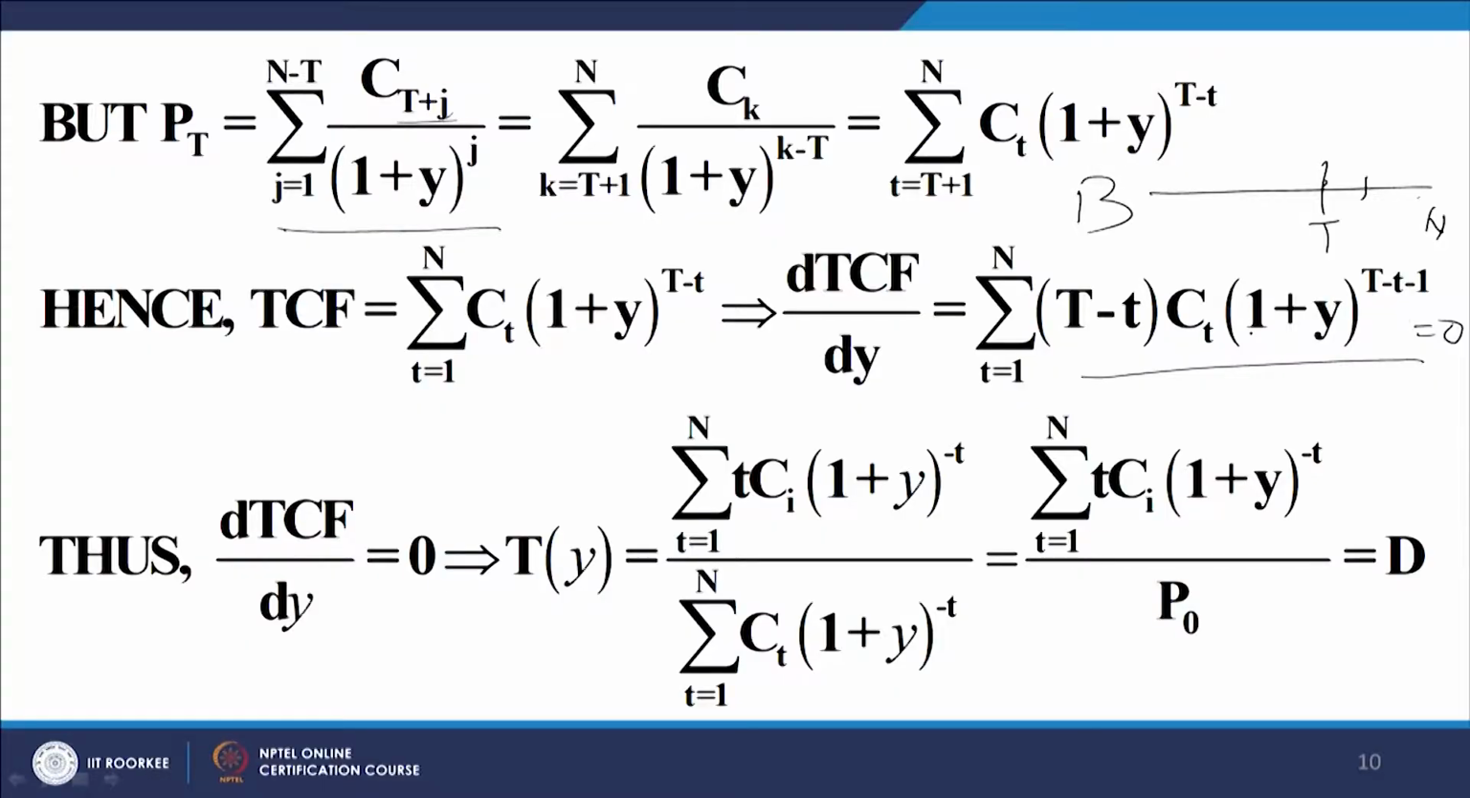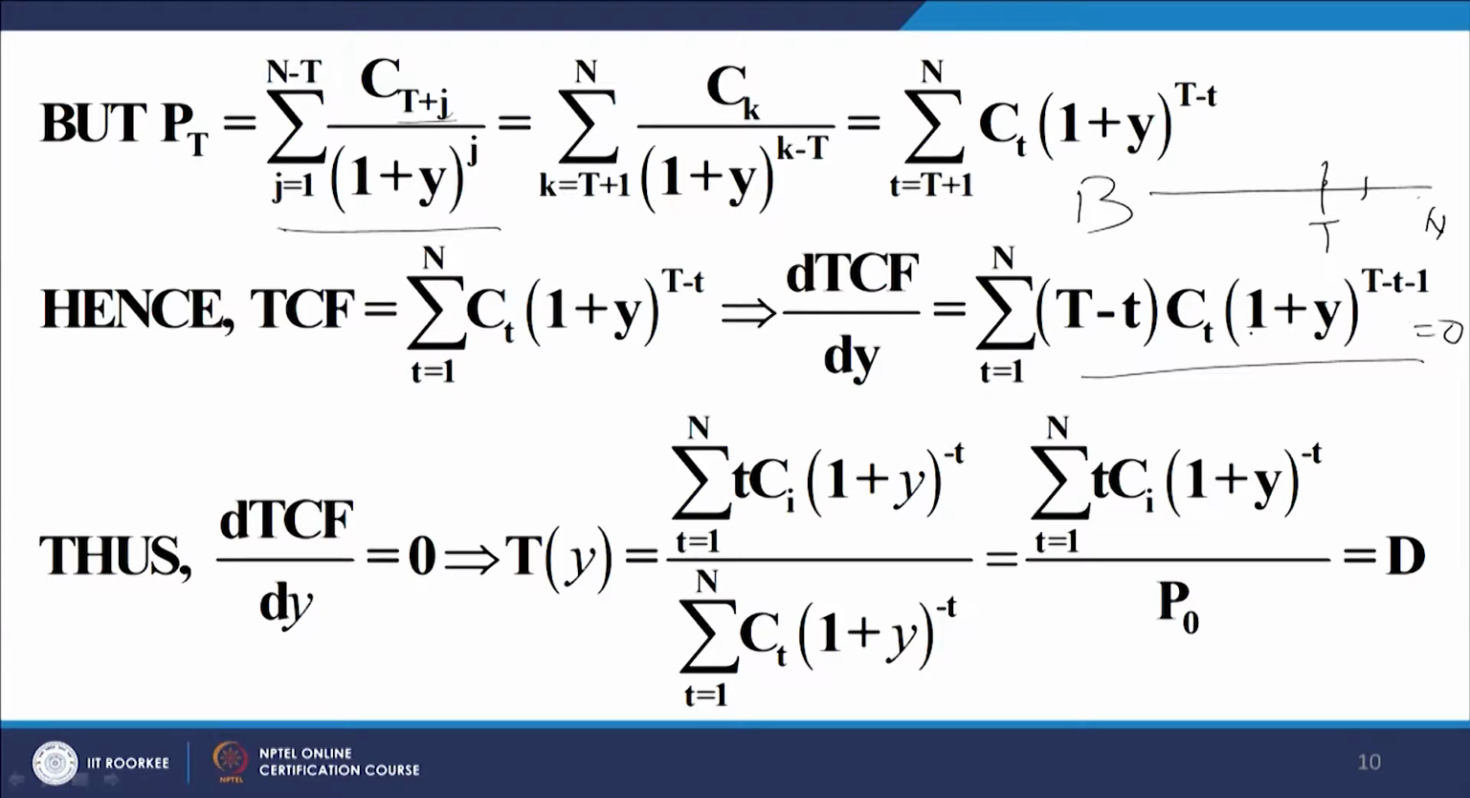Now, let us take the derivative of this with respect to y. What do I get? I get this expression. If I differentiate that with respect to y, 1 plus y to the power n will be say x to the power n. The derivative of x to the power n is n x to the power n minus 1. That is what I have used here. Now, if I equate this to 0,